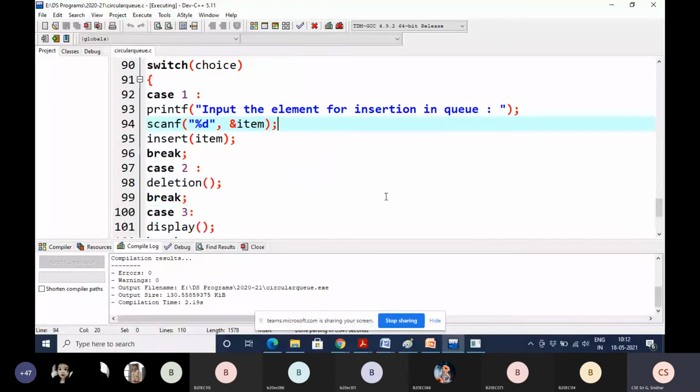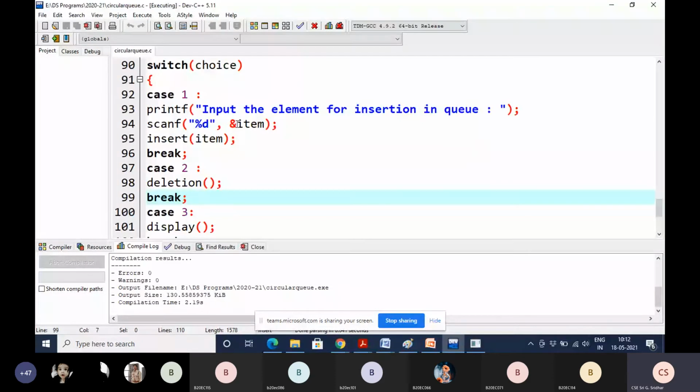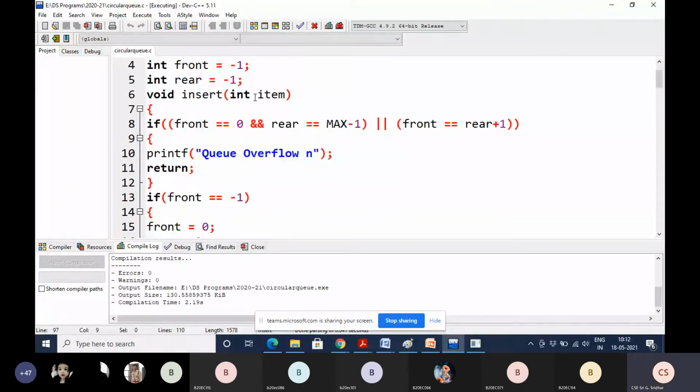For example, I'm giving it as 10, so that 10 is stored in item, and you are calling the insert function with that value 10. It goes to the insert function, where we are taking the argument as 10.